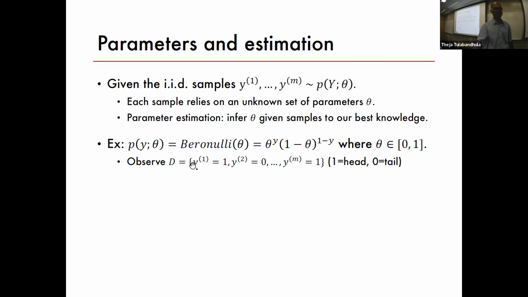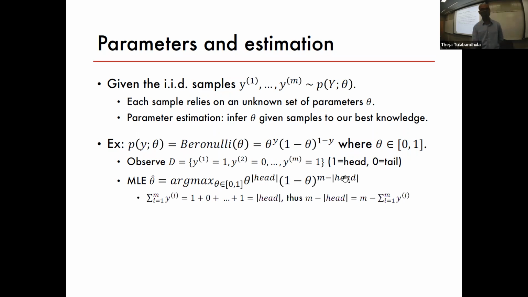Now let's say we observe y1 to ym, these 100 observations. Maybe we're flipping a coin. Heads means 1, tails means 0. And we are doing this maximum likelihood estimation approach. So we can compute theta hat, which maximizes the likelihood. Remember, the likelihood of the data is the product of such probabilities for each one of our m observations. Then the likelihood function just becomes theta to the power number of heads times 1 minus theta to the power m minus number of heads.